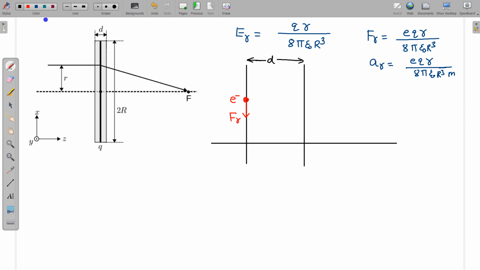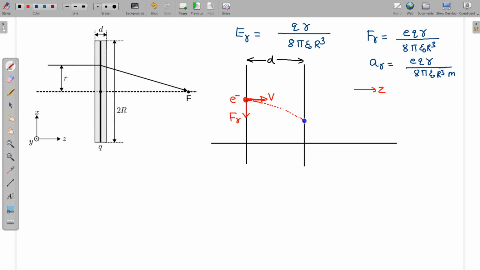So this electron is originally moving with some speed v along this z direction. This is the z direction, so it has its speed v in the z direction, and due to this force it will deflect slightly. It is deflected by a very small angle. For calculation purposes I am showing it like this, otherwise the deflection is very, very small. And now I'm going to calculate what its deflection is.